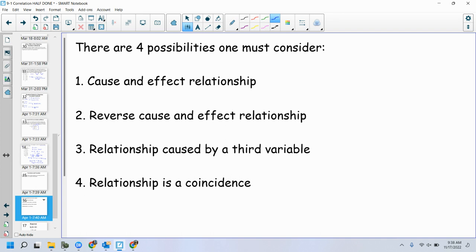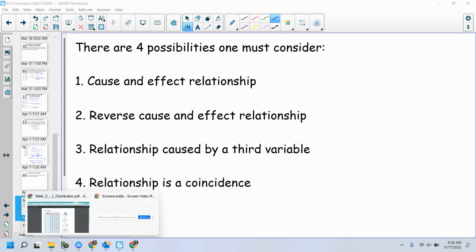All right, I am done with the notes now for section 9.1. Finally, and we